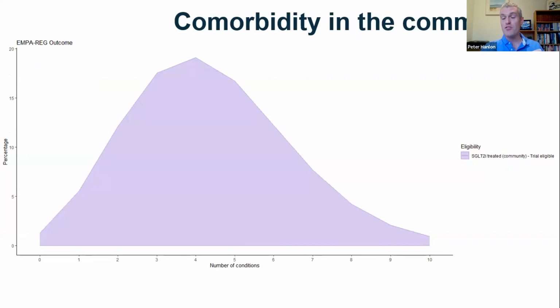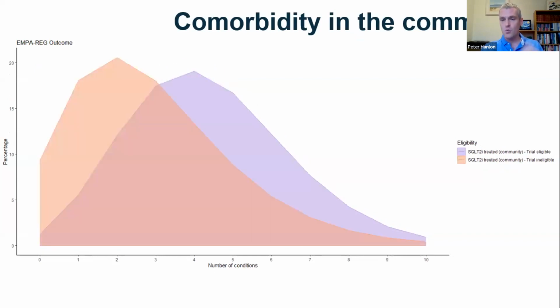So this trial should be recruiting a highly comorbid population, people with a lot of other conditions. People in routine care who would have been excluded were healthier. So this trial, although it's restrictive, it's selecting a higher risk group by the way it's designed. Its criteria are selecting out people with a greater degree of long-term conditions.